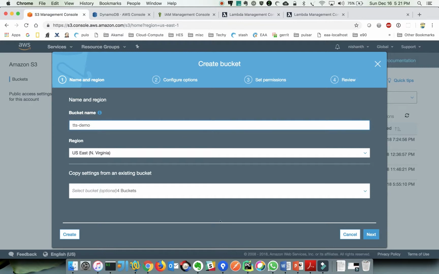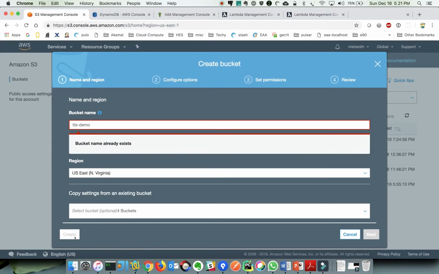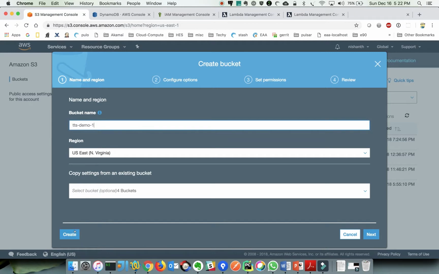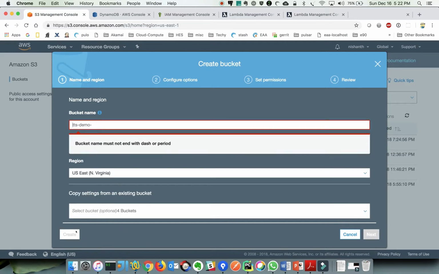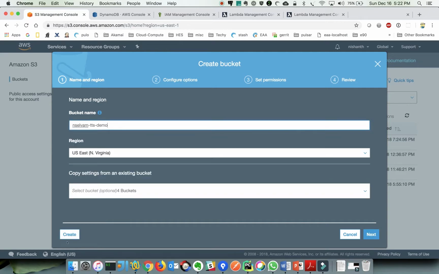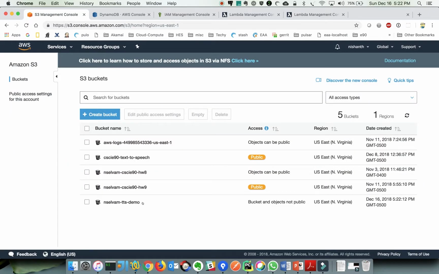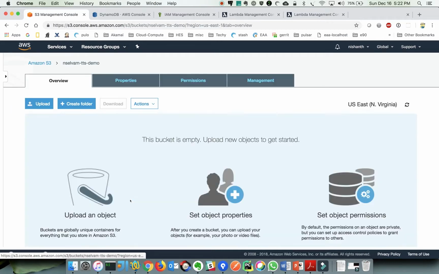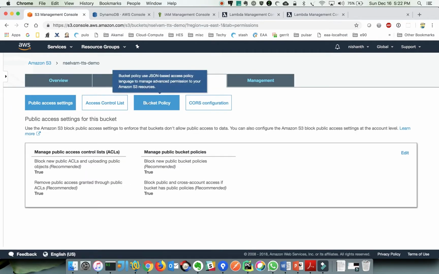and I'm going to create this bucket with default configuration. Oh, this already exists. I'm going to call it TTS demo 1. I'm going to call it n servum TTS demo. Right, so we have a bucket here, and I'm going to make this bucket public,